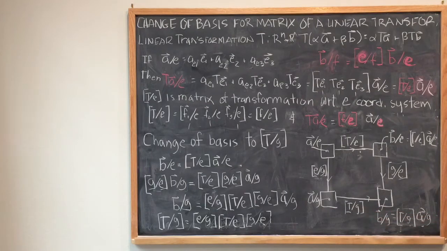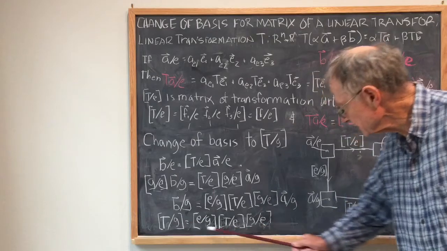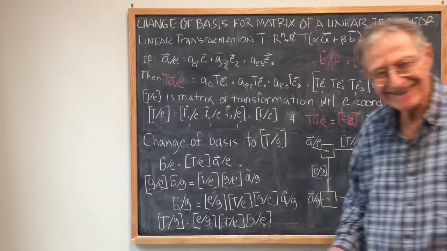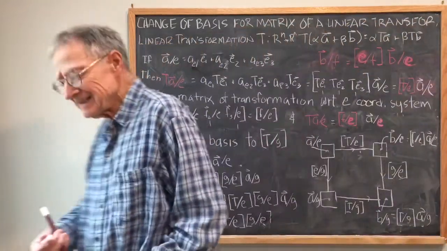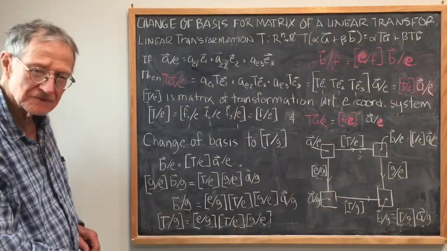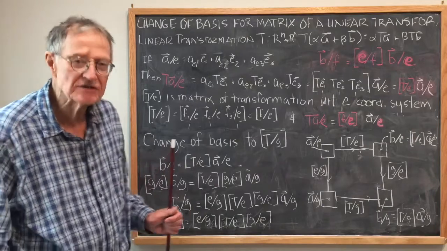the transformation matrix T with respect to G acting on A with respect to G is B with respect to G, and T with respect to G, the transformation matrix in this coordinate system, is given by this expression here. So that finishes that. Okay. That finishes the background on this change of basis